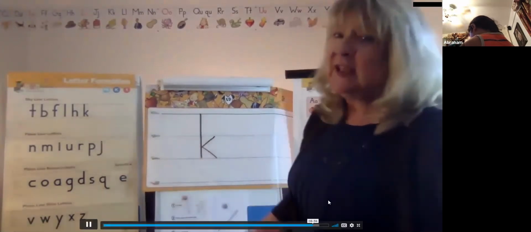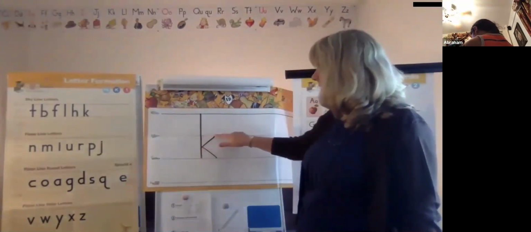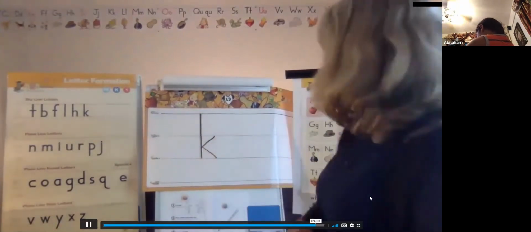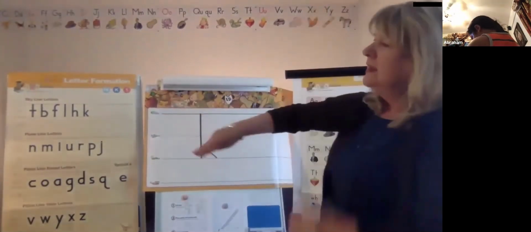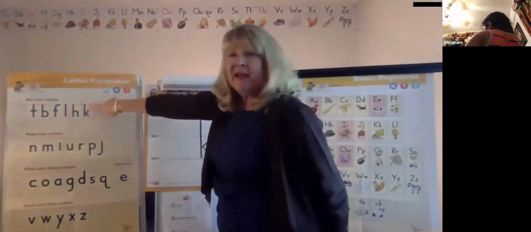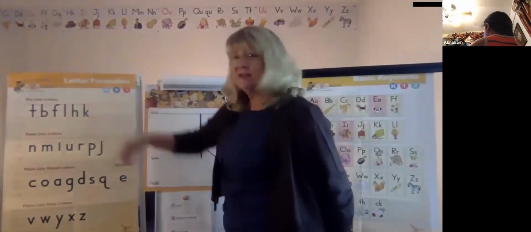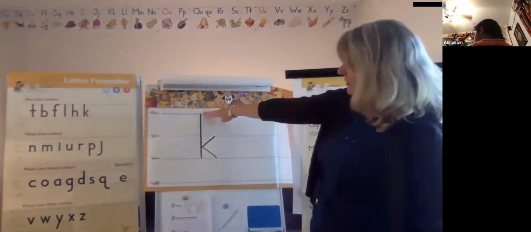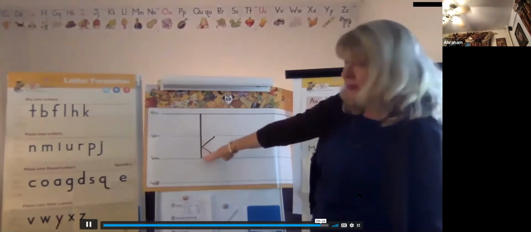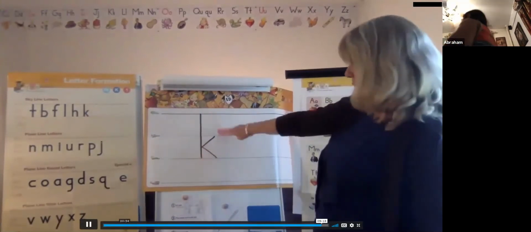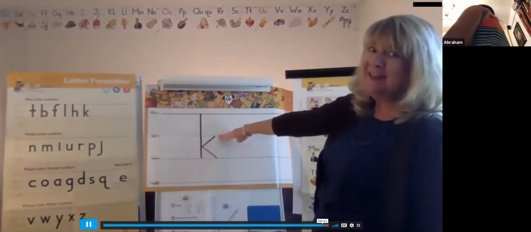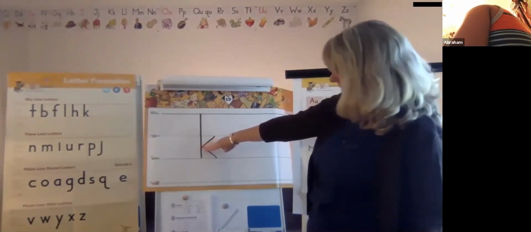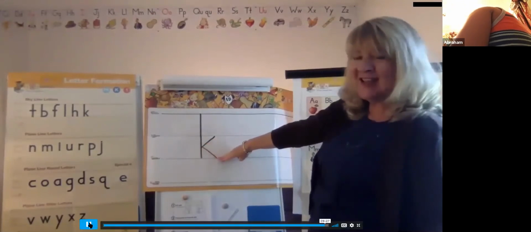That one's tricky. You have to remember that you have to leave a space so you can slide back over. Here we go. Arms up. Repeat after me. K is a skyline letter. It starts on the skyline. Ready? Point to the skyline. Go down to the grass line. Point to the plane line and leave a space. Slide over and touch your tall line. Slide back down to the grass line.